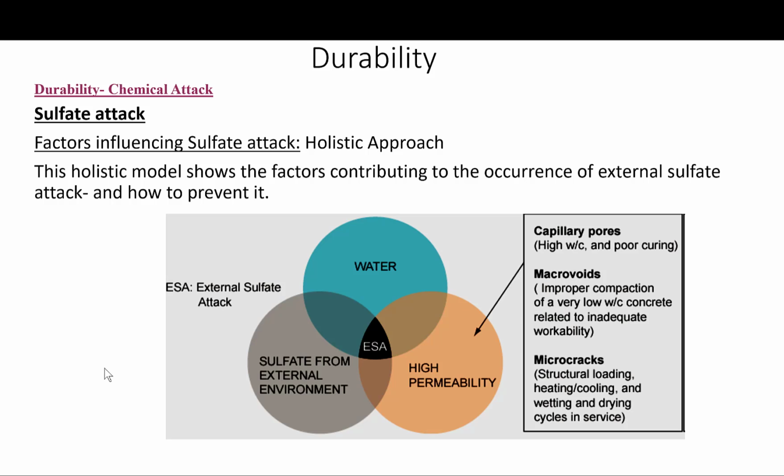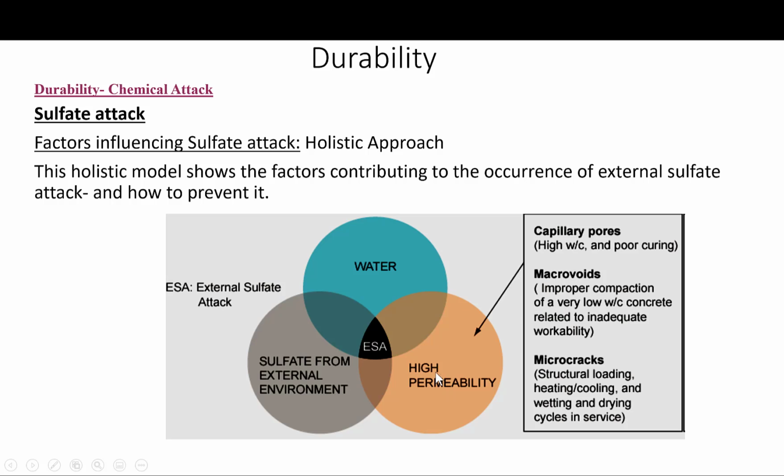So the presence of water and the sulfate source right here. Of course, in order for the sulfate attack to occur, we have to have water and sulfate from an external environment in some form, and